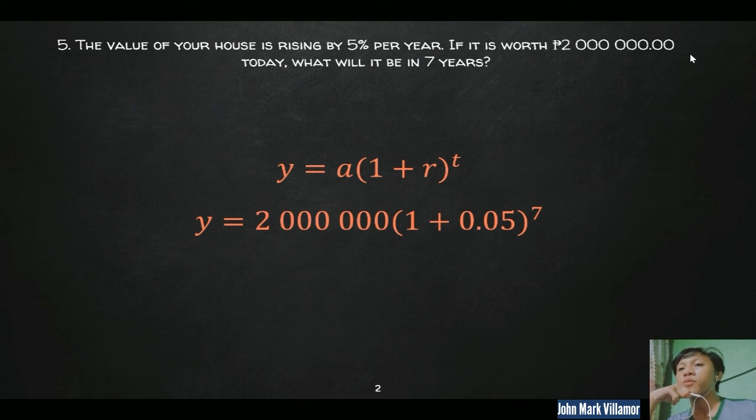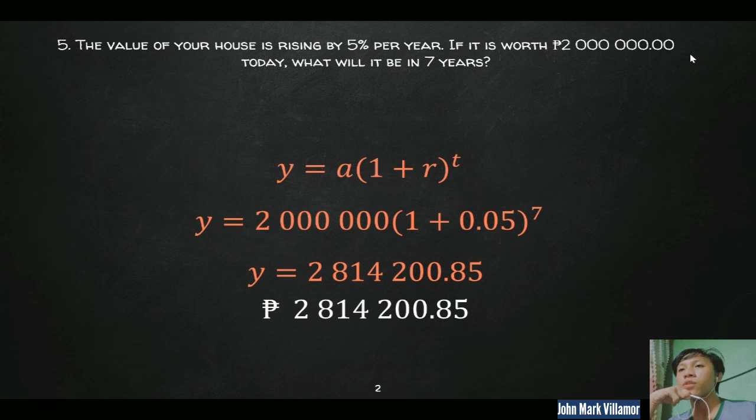Substitute y is equal to 2 million, which is the initial amount, times the quantity of 1 plus 0.05, the decimal form of 5%, raised to the power of 7. Y is equal to 2,814,200.85. Therefore, the value of the house after 7 years with a 5% increase per year is